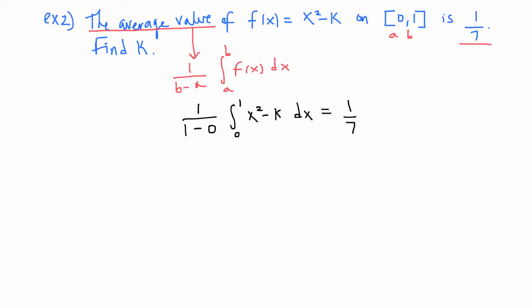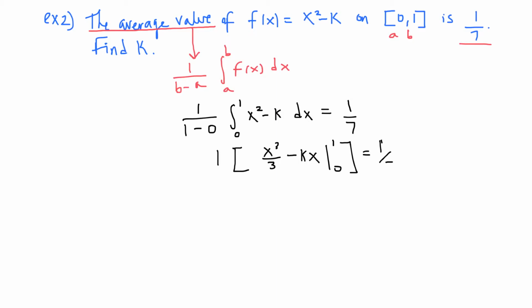So then this would just be 1 over 1, right? And the integral is x cubed over 3 minus the integral of k, which is not 0 because this is not the derivative but the antiderivative, so kx, and I'm evaluating from 0 to 1,